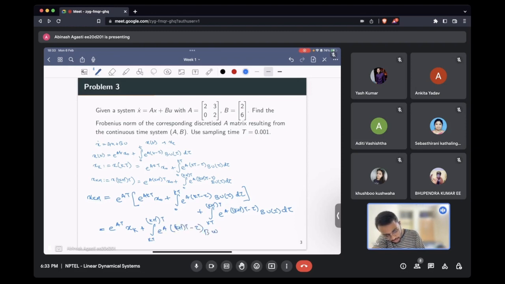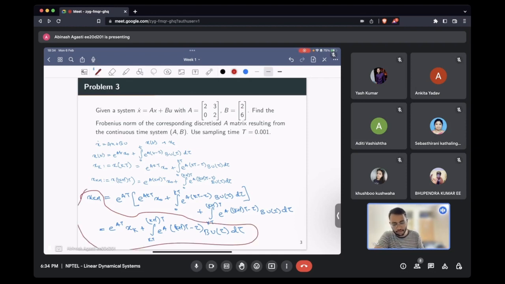This is just algebra, you can do it. Now this becomes the new A matrix, and this becomes the new B matrix. So this is the new relation that we have